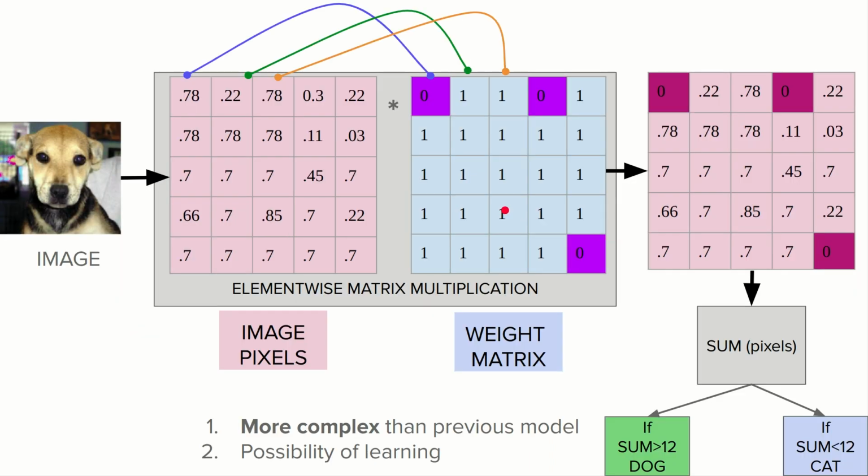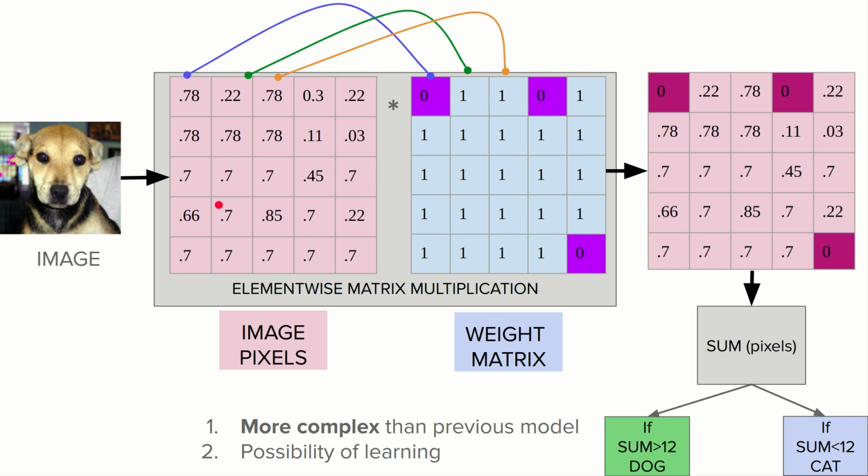Okay, now I will be adding a bit more complexity to this particular algorithm. I'll be adding the complexity by introducing a new matrix, which is a weight matrix. There is one particular property about this weight matrix that we need to keep in mind: the elements of this weight matrix are mutable. We can change the elements of this weight matrix. How will it help us? Let us see. First, let us understand the algorithm in brief. We have a weight matrix, which is this, where most of the elements, you can see, are 1, and only a few elements are 0.